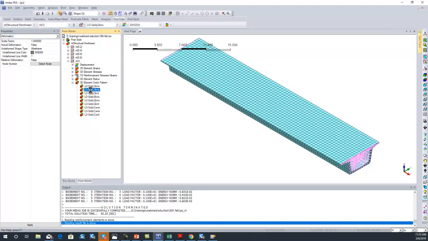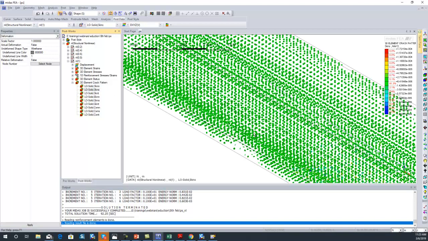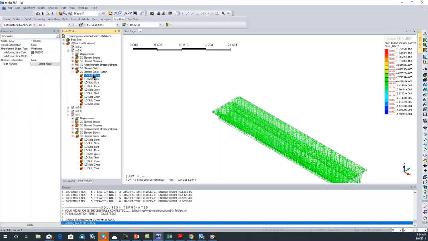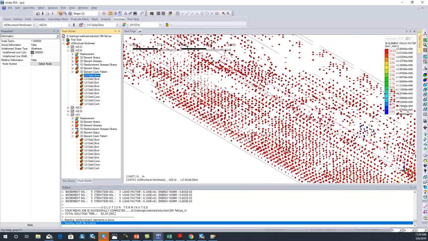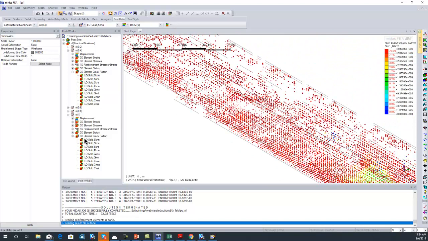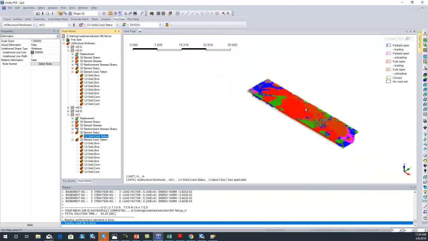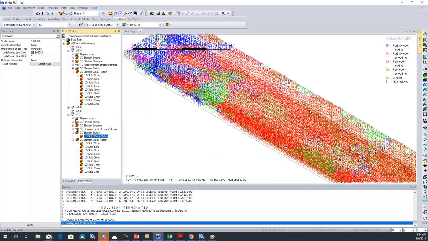So if I want to check the cracking, here we can check the cracking has been done over here, and at the ultimate load the concrete has completely cracked. If I want to check it for the 0.4 load step, that can be checked. So here only some concrete has been cracked over here. Status, if you want to check, that also can be checked, whether it has been partially open, unloading, closed, that can be checked over here. So this was about the MIDAS FEA. Other results also can be checked, like displacement, stress, resistance. So this was about the MIDAS FEA and the MIDAS